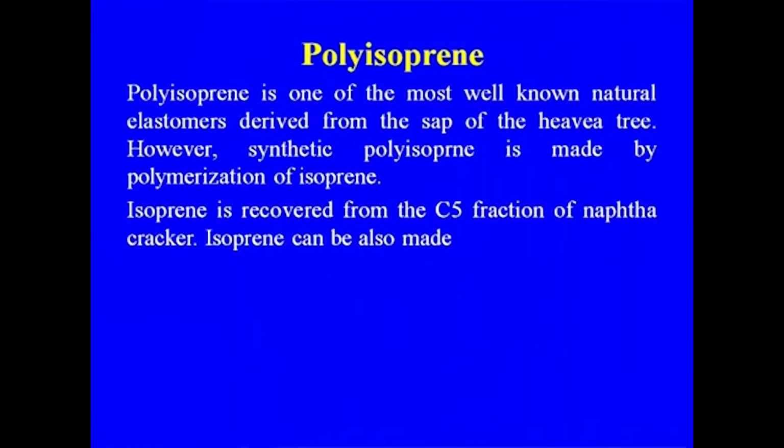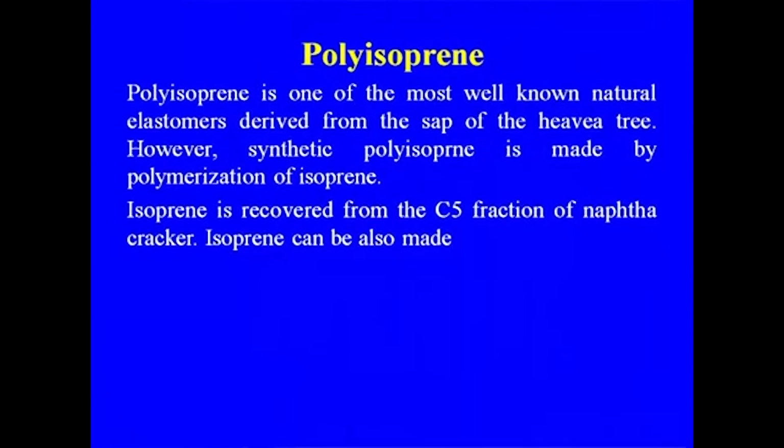Now we discuss another important class of the synthetic rubber, that is the polyisoprene. That was the importance in case of the recovery of the isoprene from the C5 stream. So, polyisoprene is one of the most well known natural elastomers derived from the Hevea tree. That is the natural rubber that we are having. But synthetic polyisoprene is also possible, and that is made by the polymerization of the